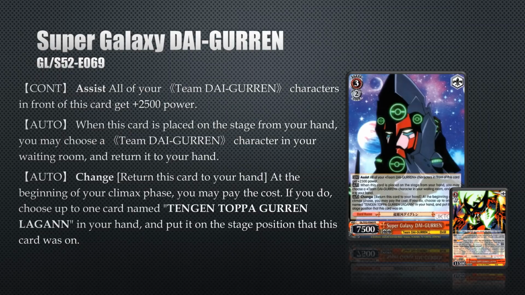So unrelated to the actual Sunder breakdown part, but tied into the combo, we have the Super Galaxy Daiguren. Assist: all your Team Daiguren characters in front of this get 2500 power, which is huge. So this guy's actually pretty good, just with the combine and stuff like that, need to reverse. And then when this is placed on stage from hand, you can choose a Team Daiguren character in your waiting